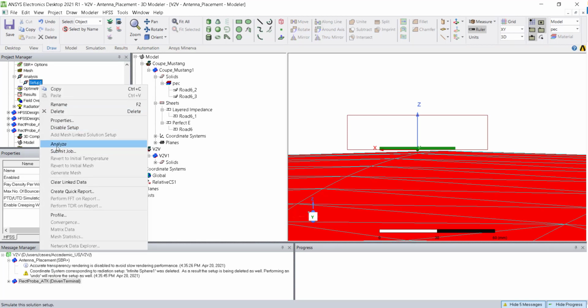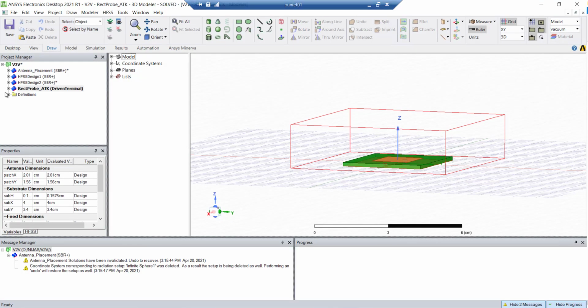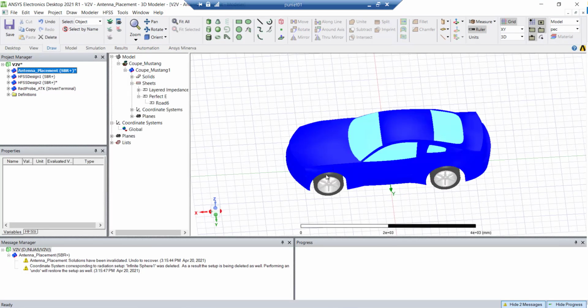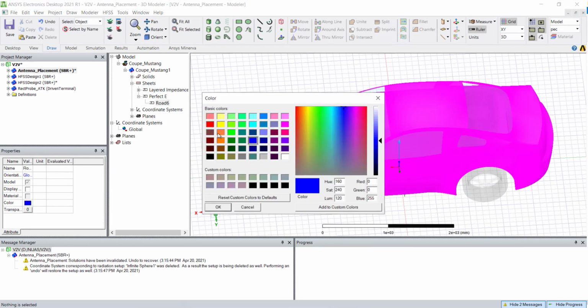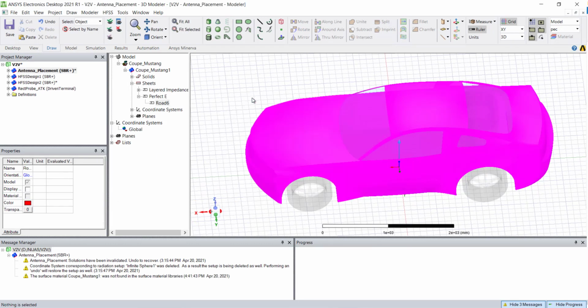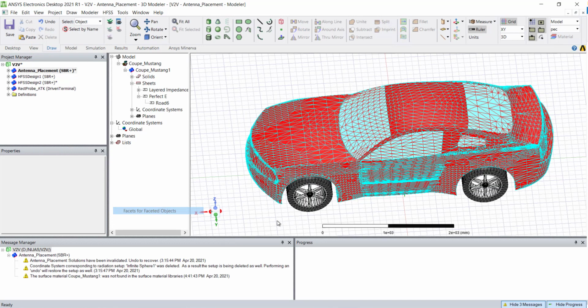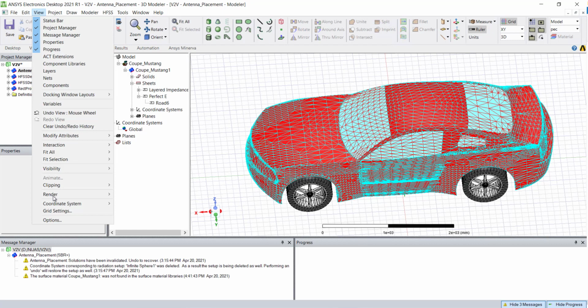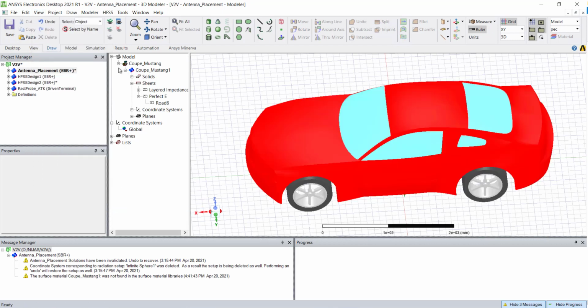So I already simulated this case on another machine, so I'll show you that same model here. Okay, so this color was a little different. Earlier it was red, and there was a lot of mesh. The meshing can be enabled or disabled through this option. Over here, this was the same car, and you can see the same wire mesh. If I disable this rendering, it will become very smooth.